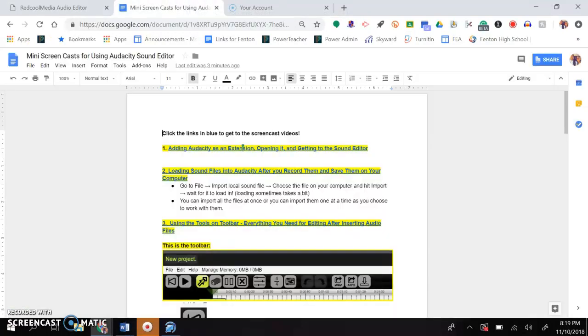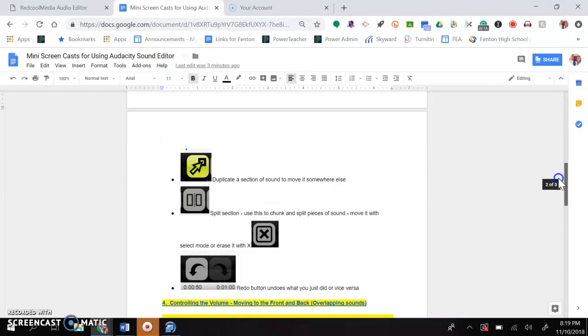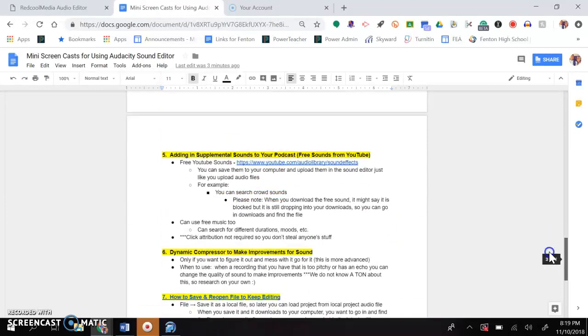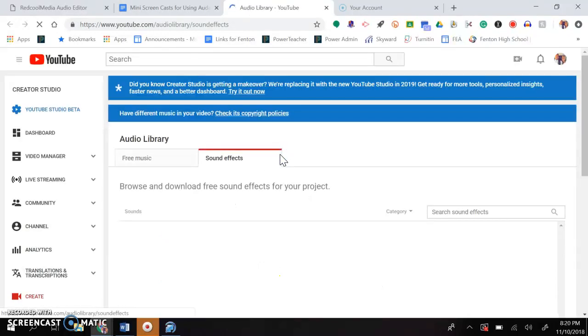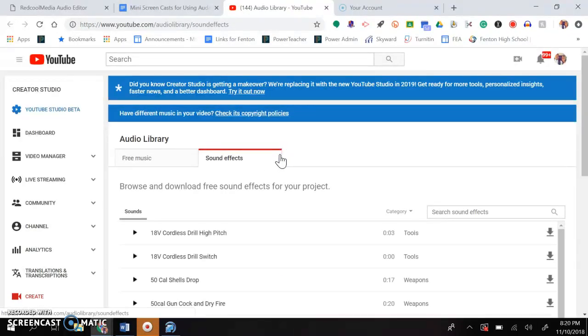So in my document that has all the links to the screencast, if you scroll down to the third page, number 5 says adding in supplemental sounds to your podcast. You're going to click this link right here for YouTube, and it's going to take you to a free audio